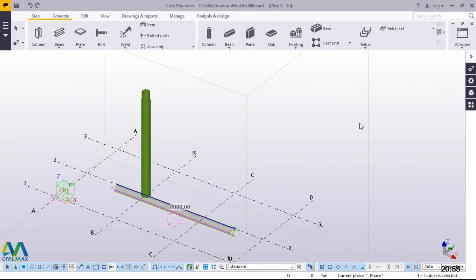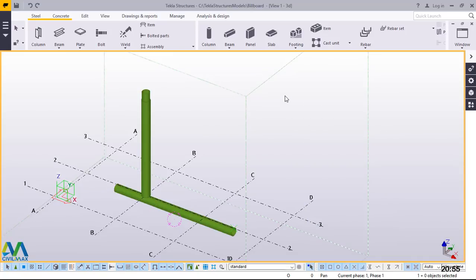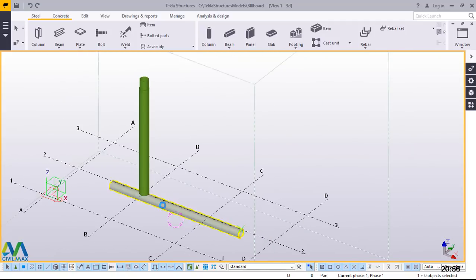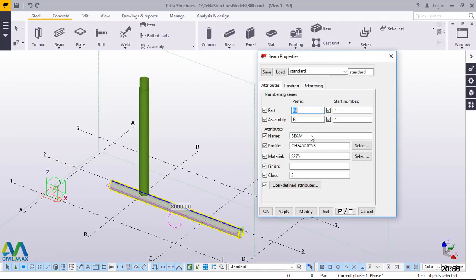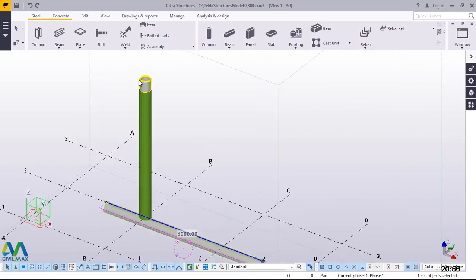I'll click on this, right click, and come to copy. And prior to that, we want to do some simple mathematics here. If I double click on this, the beam properties will come up with the dimensions of this member. You can see the diameter of this is 457 dia and 6.3 millimeter thick. Now we want to copy this up on top of this